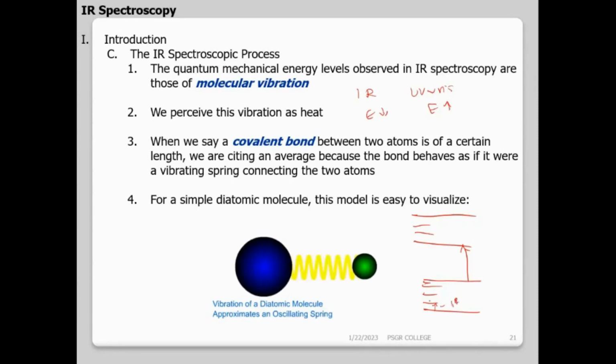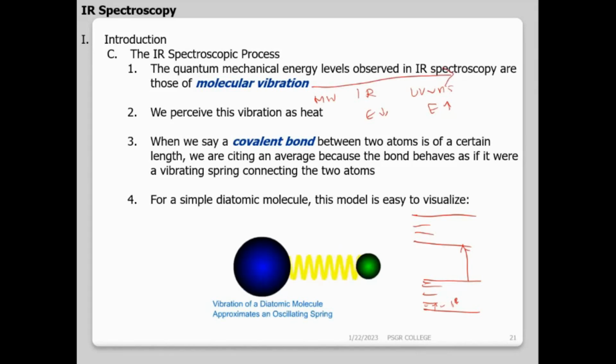Within the vibration levels are the rotation levels, which require still lower energy. The energy required for that is known as microwave. I think the second part of your topic today is microwaves, which require energy lesser than IR. We haven't touched the electromagnetic spectrum; I think you have studied that because that is very basic. So microwaves give rotational spectroscopy, IR gives vibration spectroscopy, and UV visible gives electronic spectroscopy. And energy is increasing in this order.